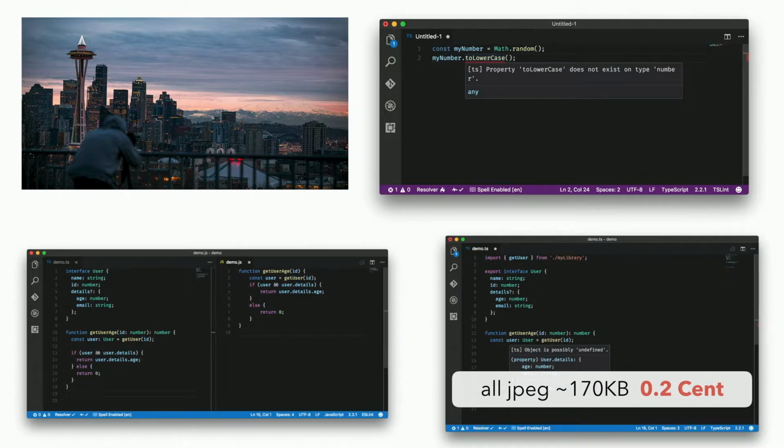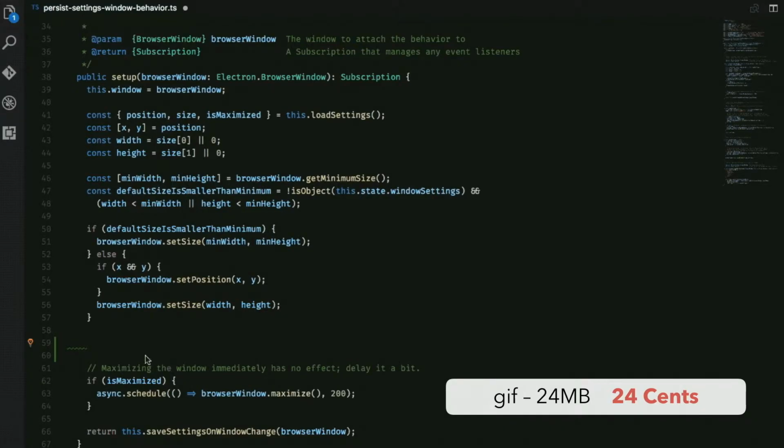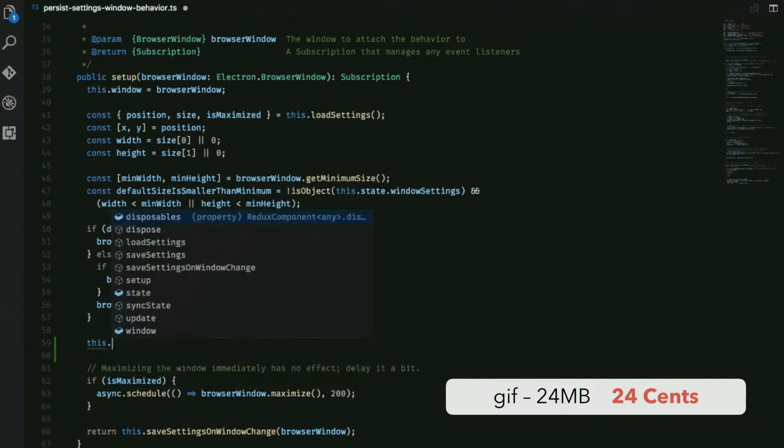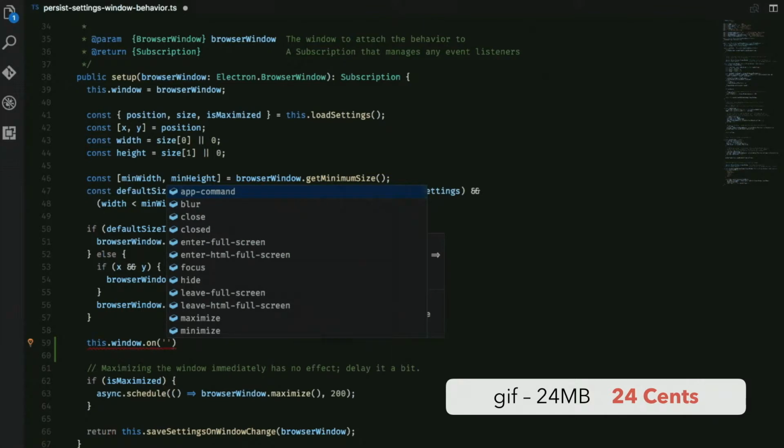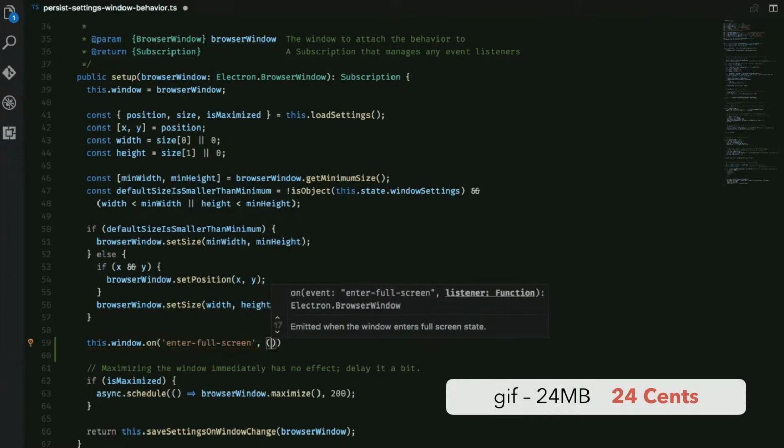So where is the rest here? Well, the rest was this. A 24 megabyte GIF of code. I'm not really sure how I feel about that at all, but yeah. So let's switch the topic a little bit and let's go on to